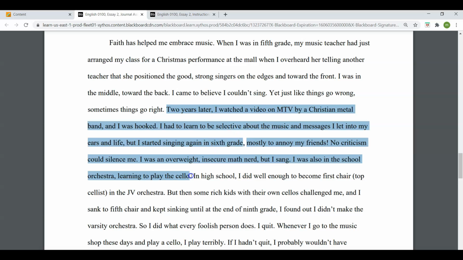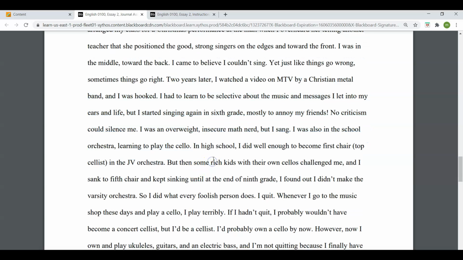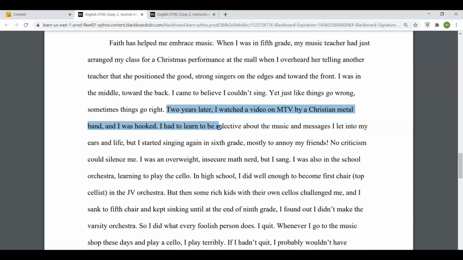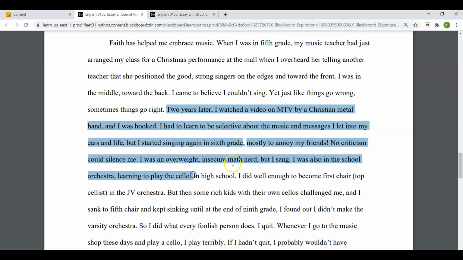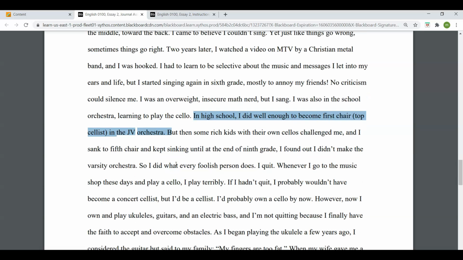And I kind of started getting over my shyness with singing, until I became annoying with singing or with music, right? So this was like a little thing that helped me have faith. I really liked that song or that music I was listening to, and so that got me thinking, hey, maybe I can sing, and who cares what people think, right? In high school, well, I started playing the cello, and that was good too.